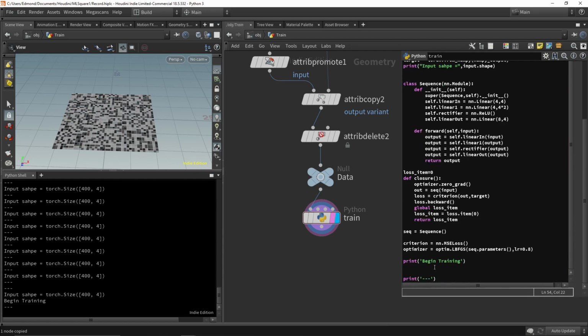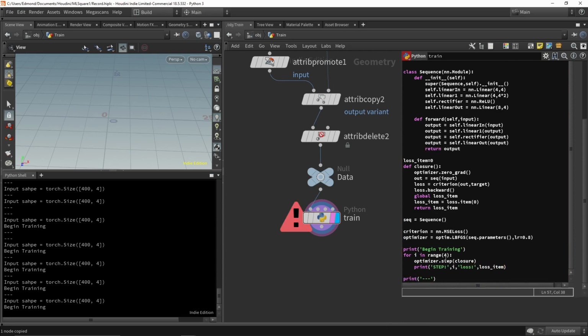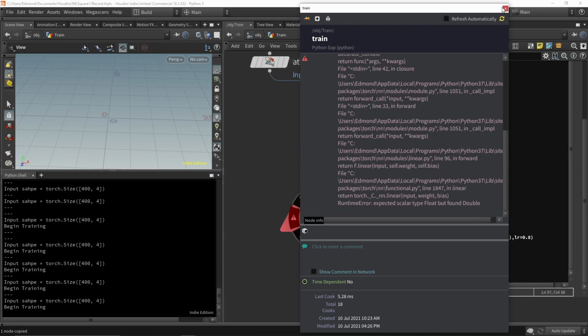We can now start our training process. I will push the data through the neural network and adjust the weights 4 times, and each time I will print the loss. One thing to remember is that PyTorch expects the data to be encoded in a specific precision, so we will convert the NumPy array using float32.